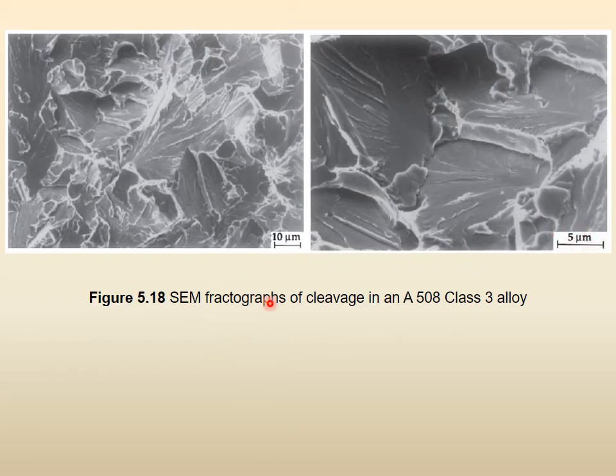So these are SEM fractographs of cleavage in A508 class 3 alloy, which is one of the ferritic steels that we are seeing. If you see here, there are big faces, 1 face, 2 face, 3 face. And those river patterns, lines which converge. Several lines are converging here, and several lines converging here, and several lines converging here. And if we enlarge this, then you see only 1 face, 2 face, 3 face, only a few facets. But in each one of them, these river patterns are also there.